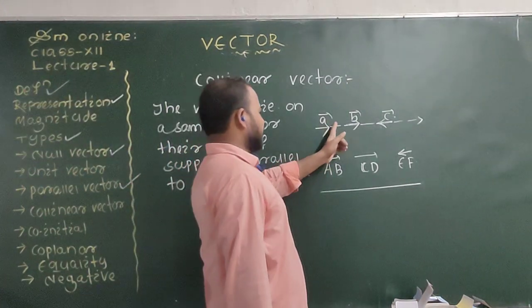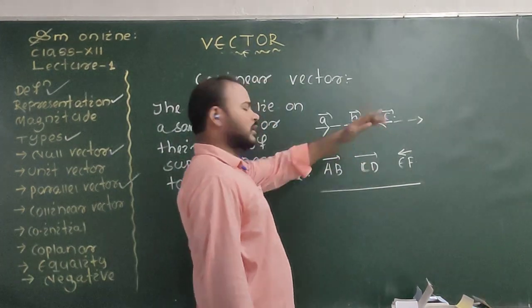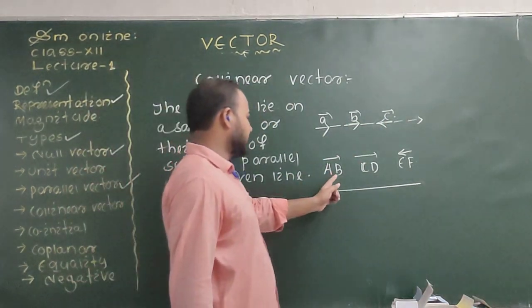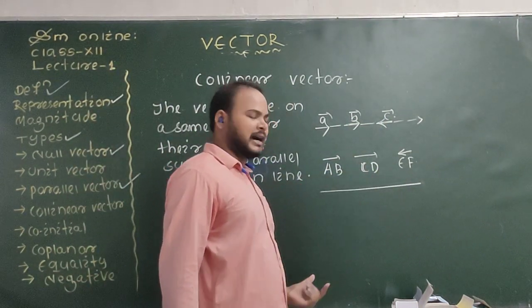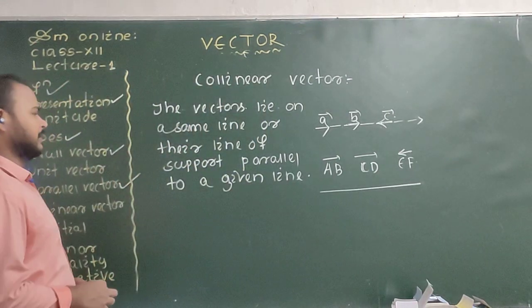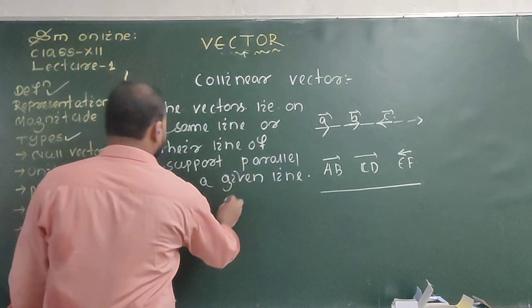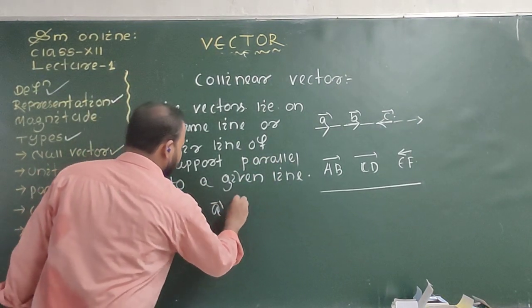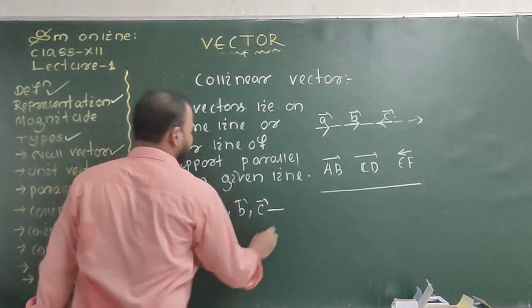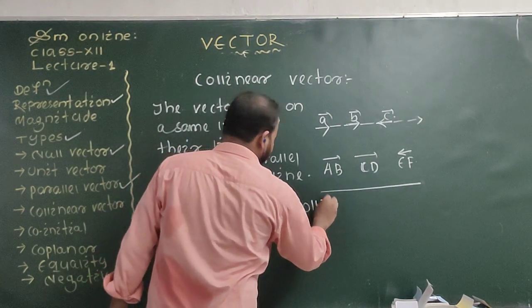In one case we say vector A, vector B, vector C are collinear vectors, and also here AB vector, CD vector and EF vector are collinear vectors. Next, here vector A, vector B, vector C are called collinear vectors